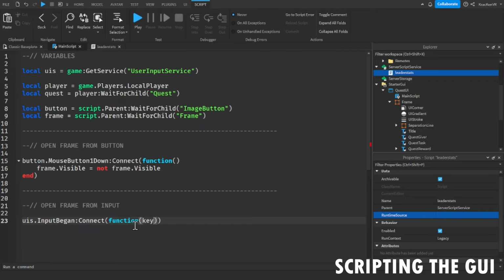Input began connect function key, GPE, if GPE then return, and if the key dot key code is equal to Enum dot KeyCode dot, I'm going to say J, then